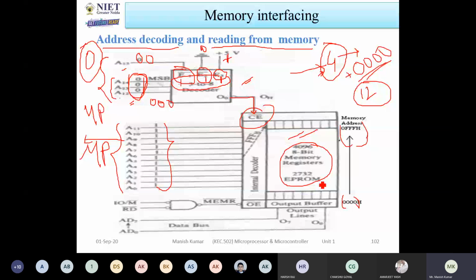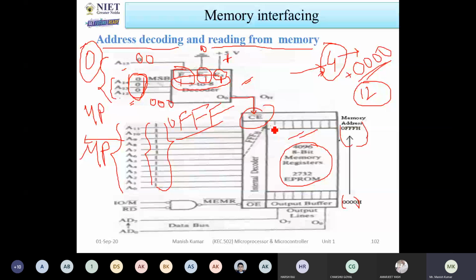So let us consider you are giving this particular address. Okay. This address is 0FFH. If it is 0FFH, it means what? It means that the processor wants to access the last location, that is this location. Either it will read or you will write.